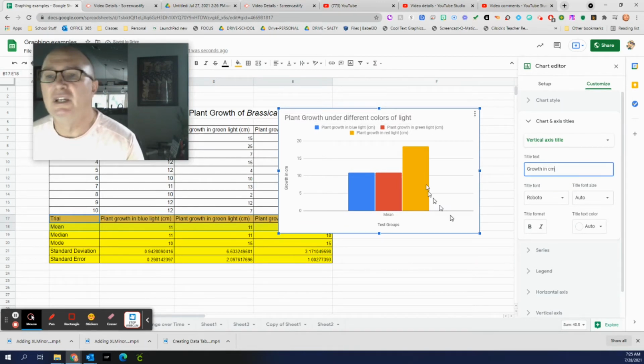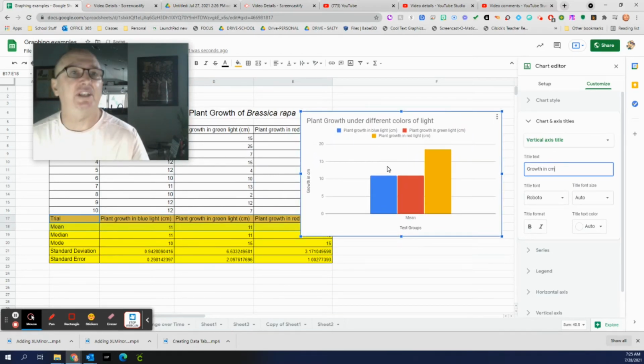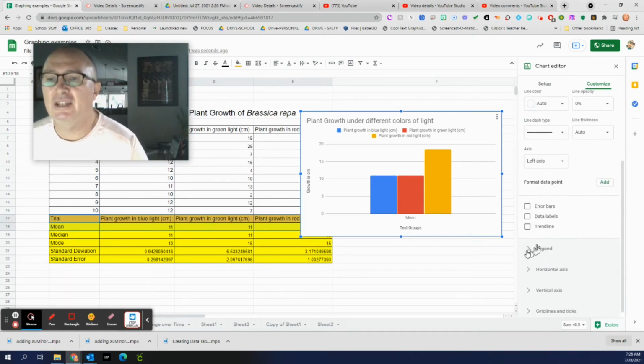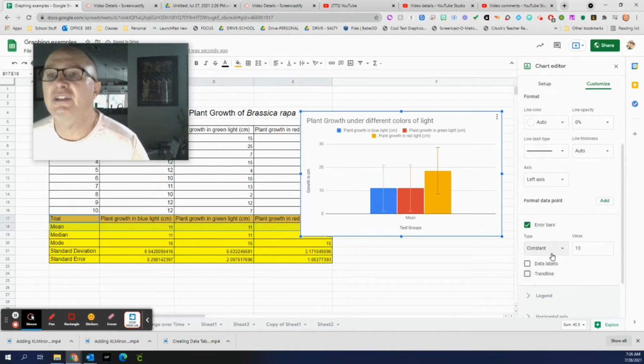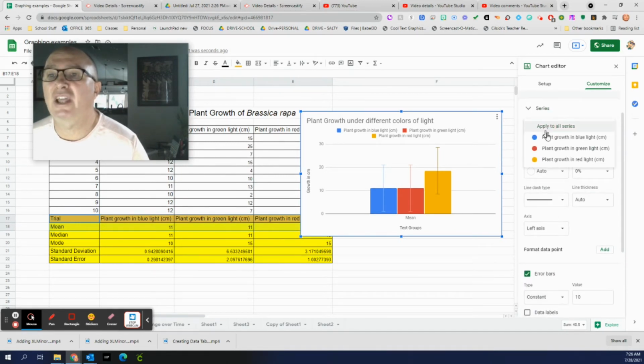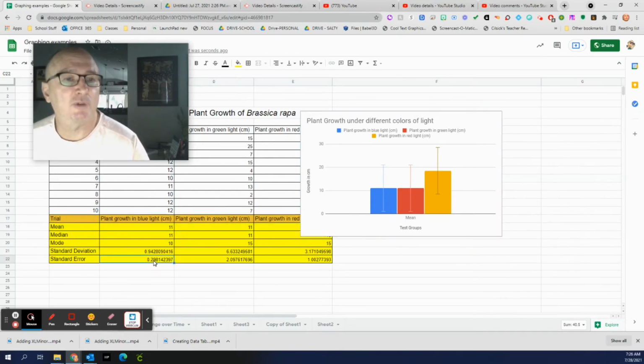All right, great. Now what we can do is we can actually add error bars, which are going to show the variance in each experimental group. And to do that, we go down to series here, and you see one of the choices is error bars. We're going to select that, and we're going to do a constant value. Let's see here. And then we're going to select the blue light one first, and that's going to be this number right here, the standard error. So I'm going to copy that